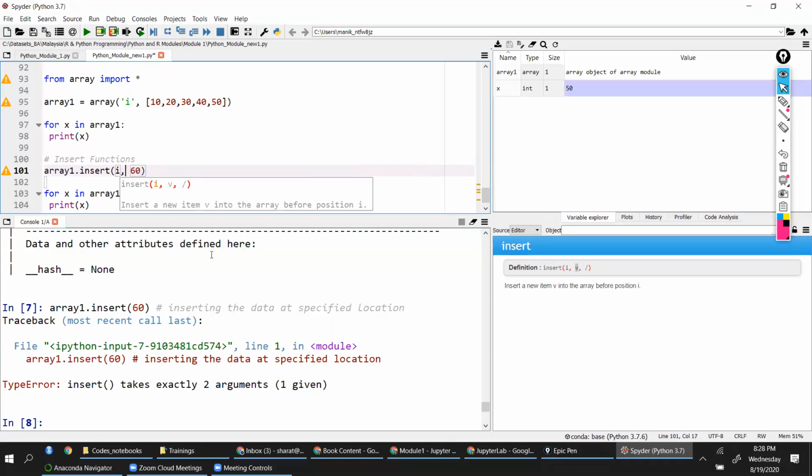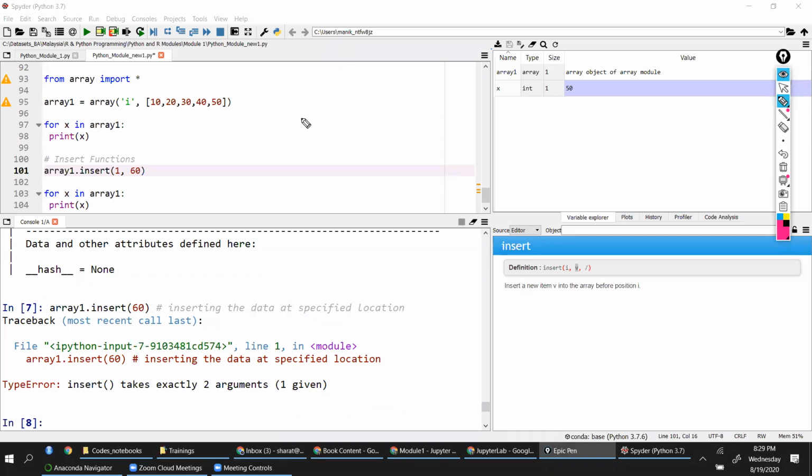But for I, I have to mention the index, right? I is nothing but index. So what do you think will happen when I put 1 here? Where would my value get added? Before 20.